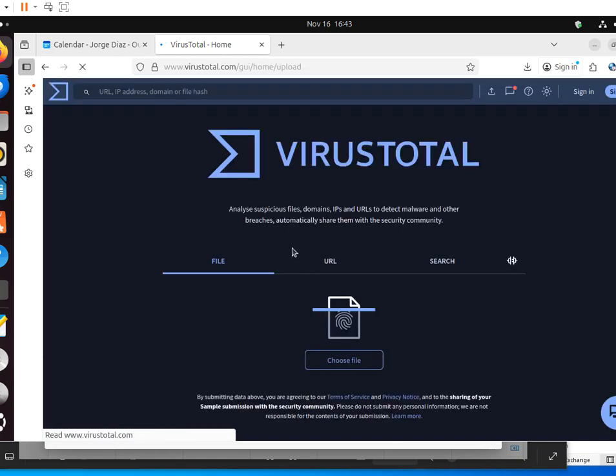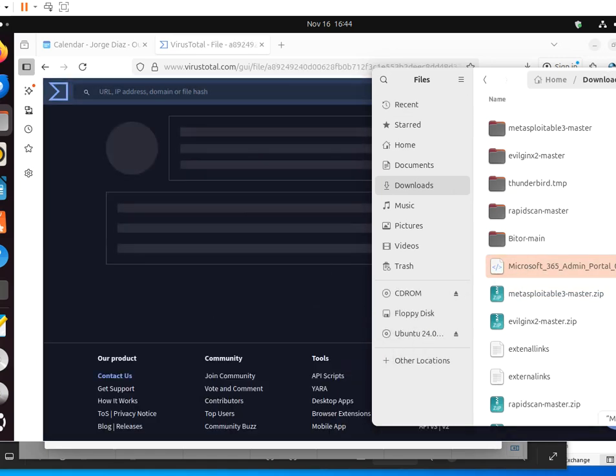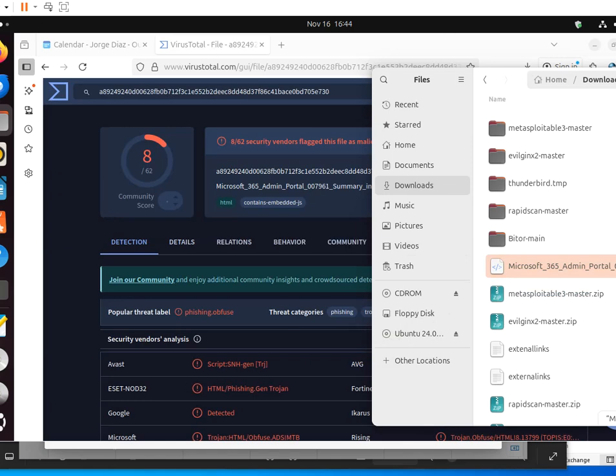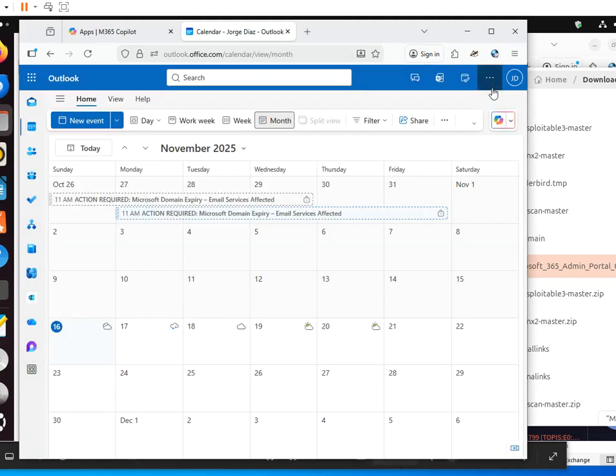And once I get here, I'm going to upload the file that I downloaded. And you may be asking, what file did I download? The attachment that they added to the invite. So if I bring my calendar back here, where is it? As you could see, the calendar invite has an attachment. All of them do,